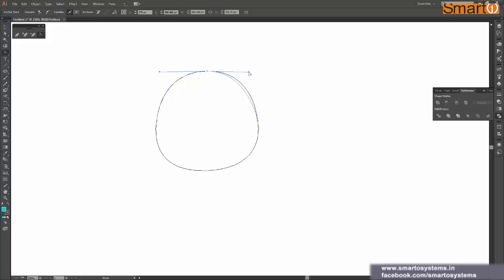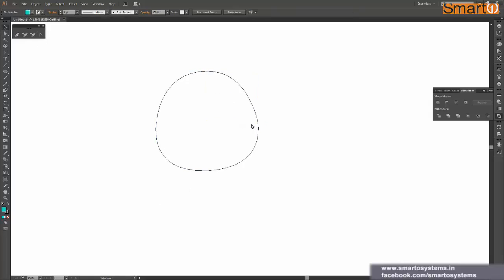So again, there are multiple ways to do a single thing, and I think that's convenient, that's beneficial for all of us, that we can have our own choices, whichever is convenient to me. I think that for me, the direct selection tool works better than selecting an additional tool and making some changes. For me, just moving the tangent and pressing Alt simultaneously is not a problem, so I prefer the direct selection tool. You might prefer the convert anchor point tool, so that's perfectly fine. Okay, so yeah, let's recall what all we have learned.